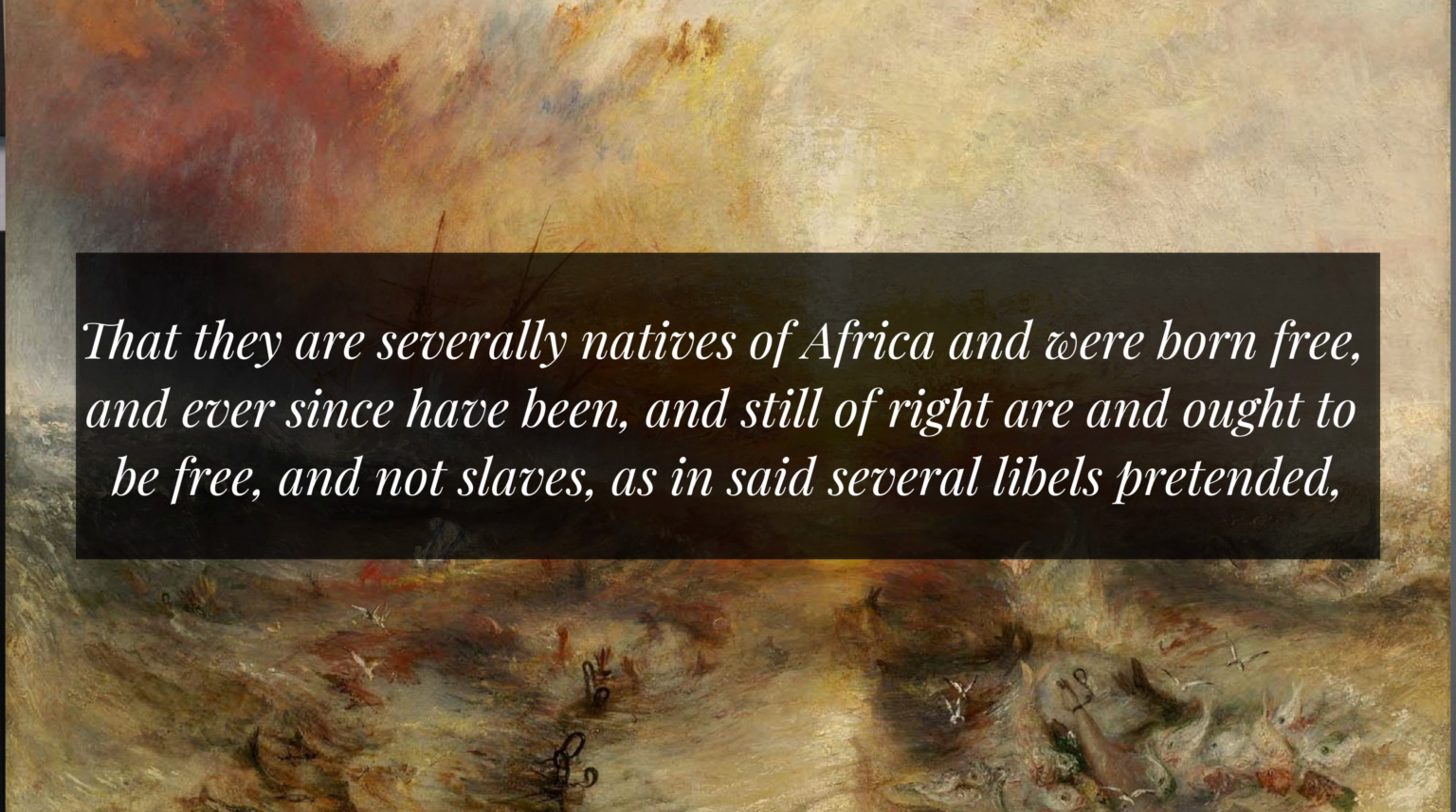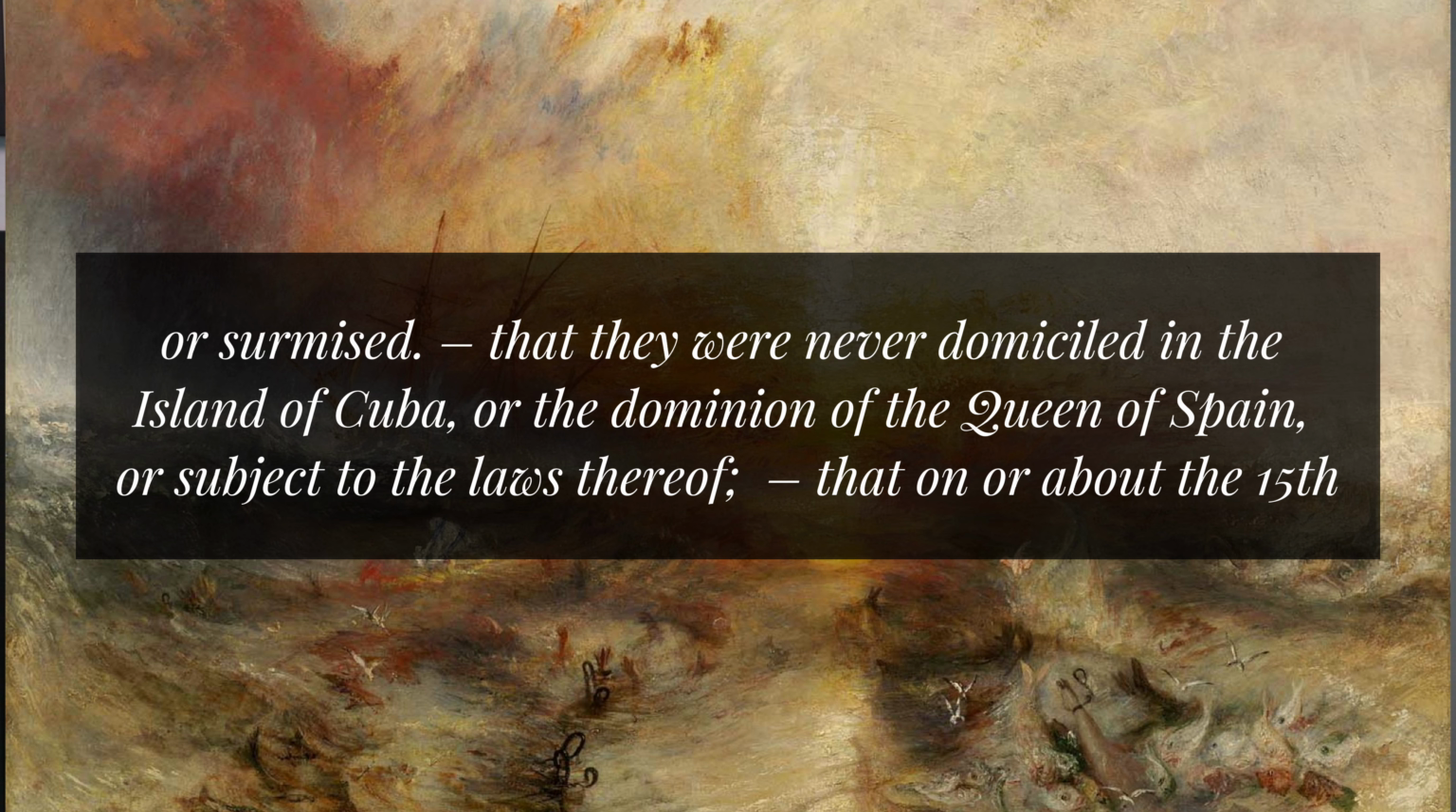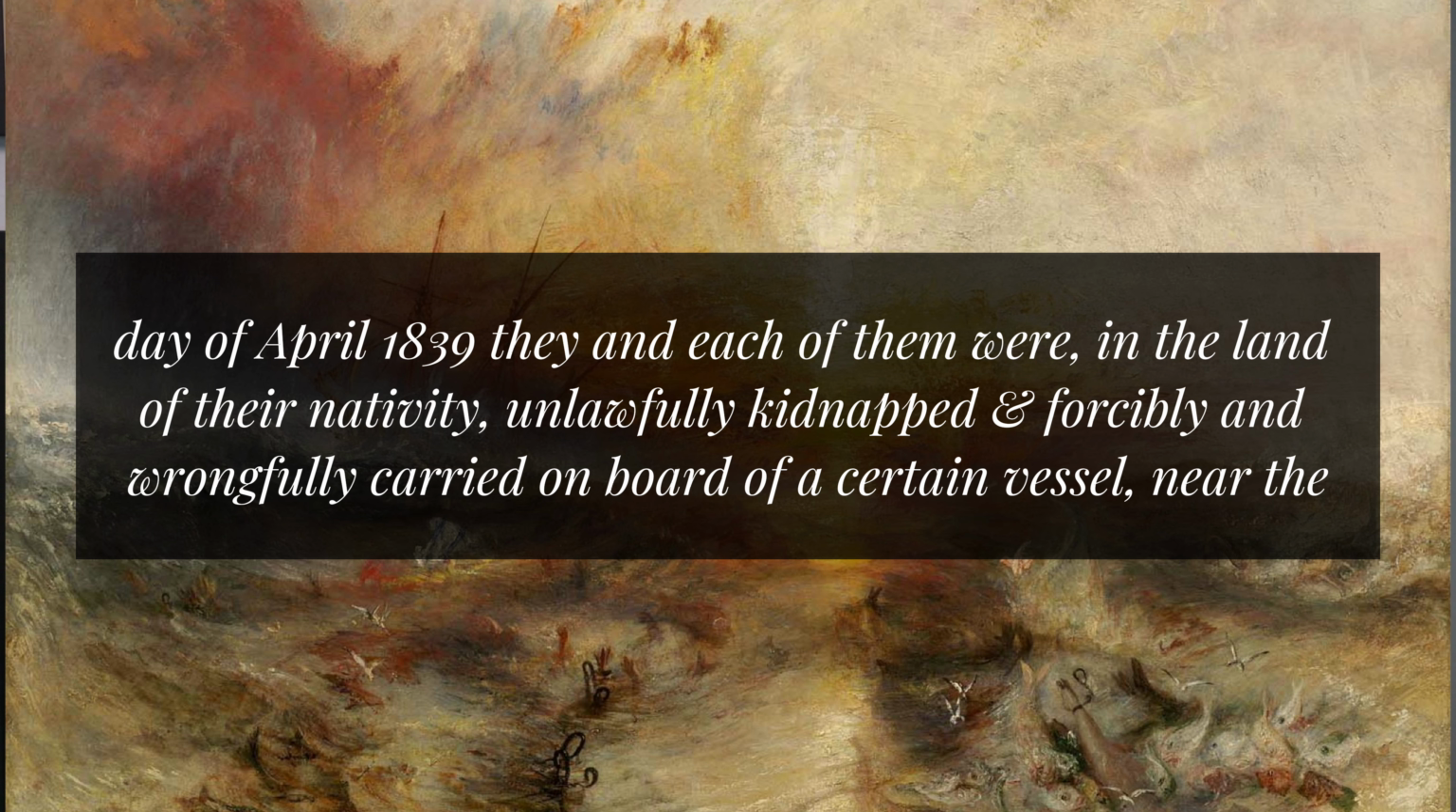It lays it out in a few different paragraphs, and it first establishes the context that they were all illegally enslaved while in Sierra Leone. Here's what they say. That they are severally natives of Africa and were born free, and ever since have been, and still of right, are and ought to be free and not slaves, as is said in several libels pretended or surmised. That they were domiciled in the island of Cuba, or the dominion of the Queen of Spain, or subject of the laws thereof, that on or about the 15th day of April, 1839, they and each of them